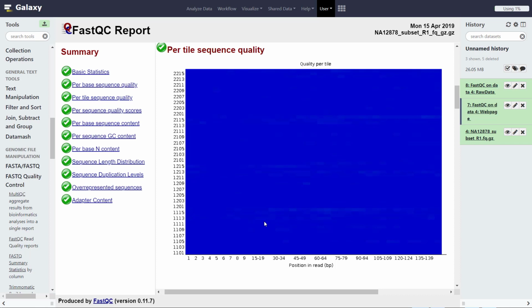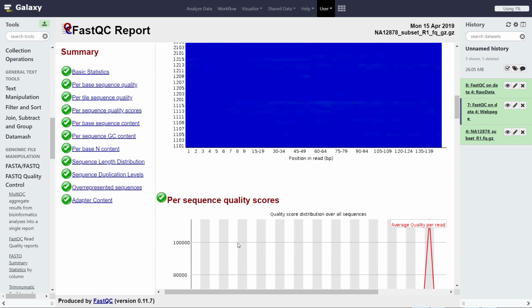And occasionally, you'll have an area of the chip or the tile that has bad, poor imaging or some other problem. And this allows us to see if there's any area on the tile that perhaps, because of where the sequence was sequenced from, might have caused a problem. As you can see here, the quality in this tile looks good all over.